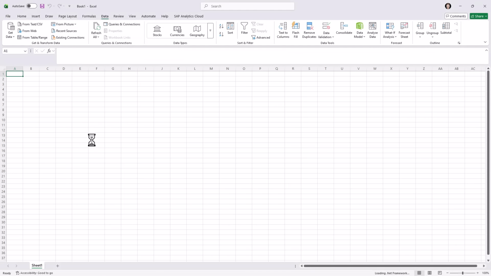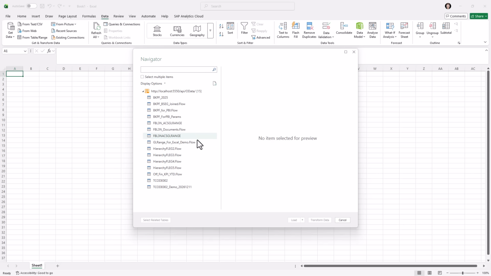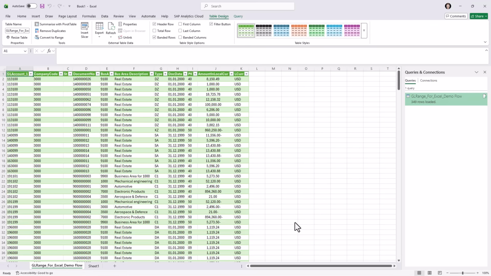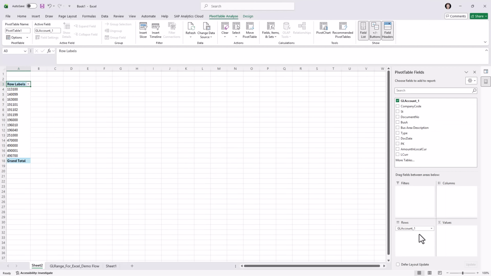or any other flow. I use the Get Data option, add the address to my flow tool and I can see all my previously created flows. Excel triggers an automatic refresh of my SAP data so I know it's up to date. I can now analyse the data, pivot it and blend it with other SAP and non-SAP sources right here in